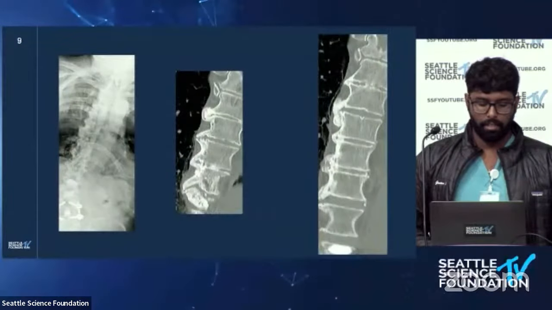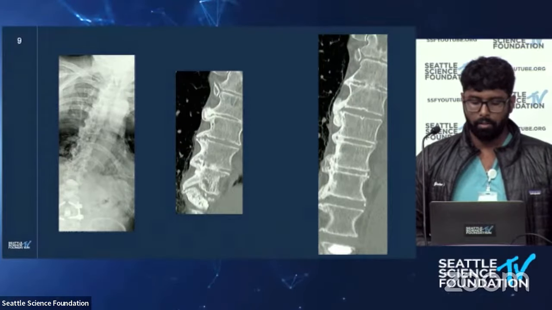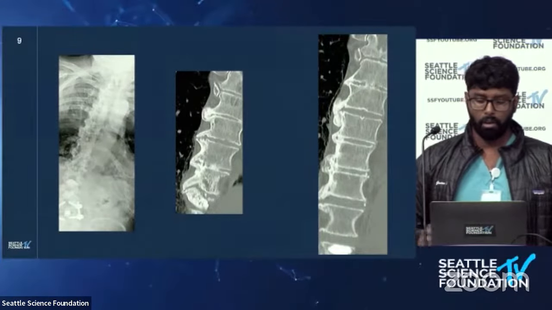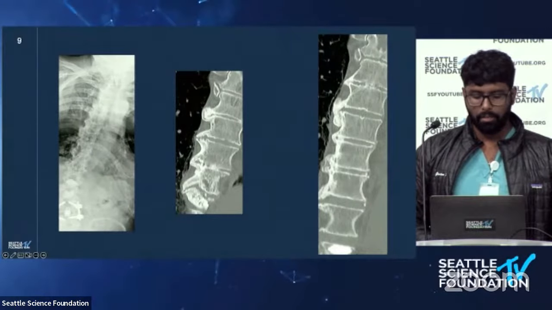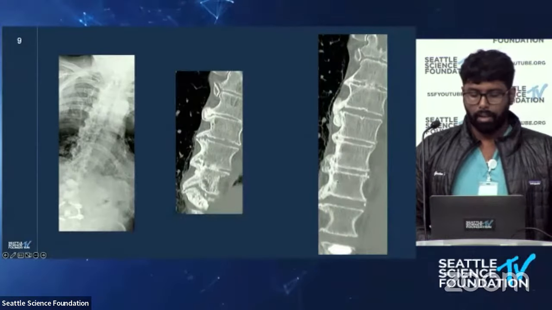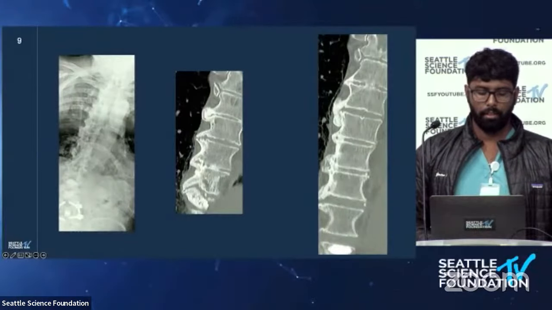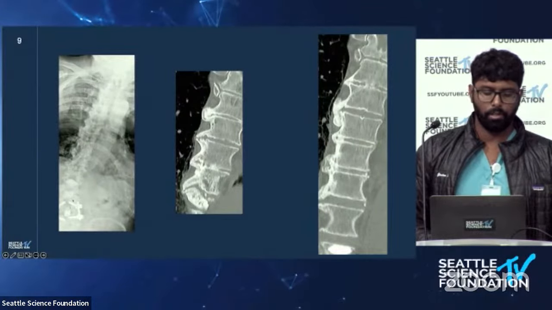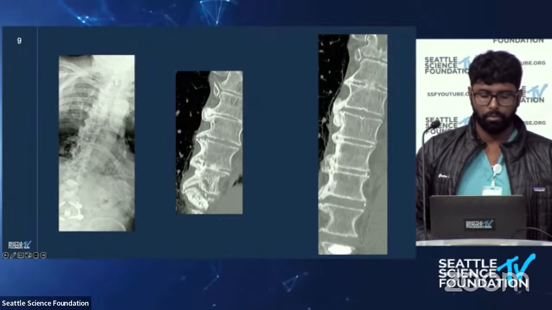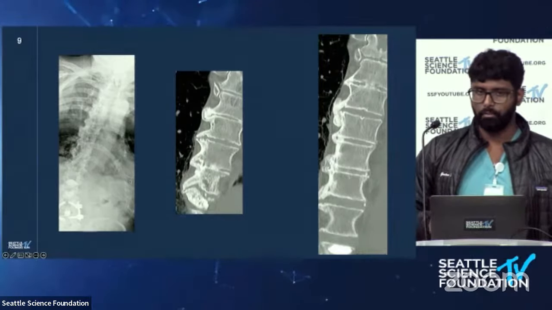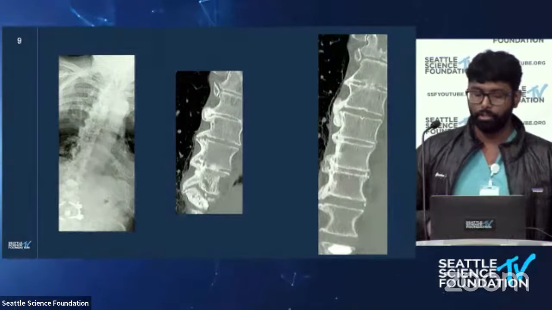This is just a standing film and a CT myelogram of the last clinic visit he had before we took him for surgery. And you can see here, throughout his entire thoracic spine, he has these lateral bridging osteophytes, mainly on the right side. He had kyphoplasty done previously as well, but you can see this is throughout his spine, even throughout his ribs and his other joints, really showing that this is more of an overall disease process that has a lot of manifestations in the spine itself.